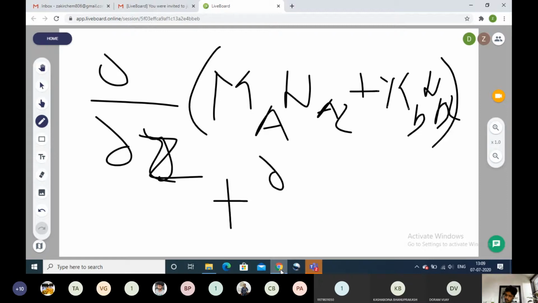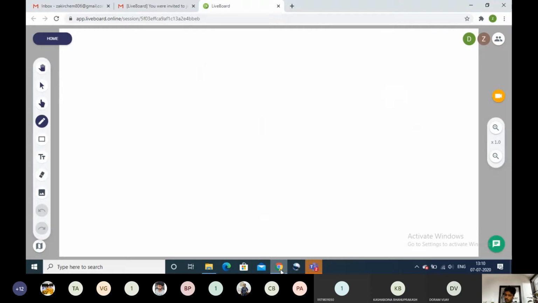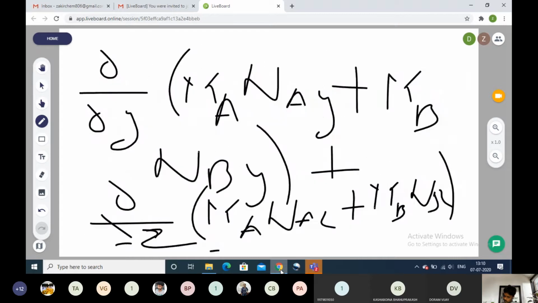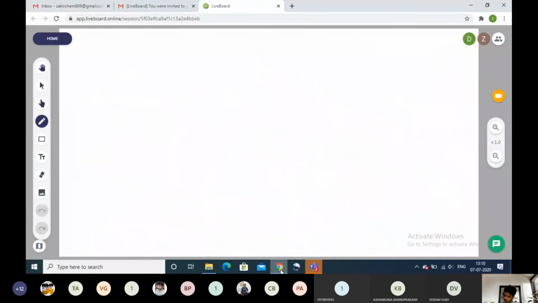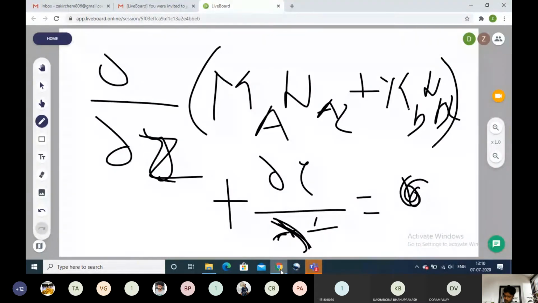So the last term is dou rho by dou t. Rho is nothing but the overall composition, rho A plus rho B. Dou rho by dou t is equal to 0, since we already neglected the chemical reaction. Okay, this is the equation. We have to give it an equation number. I guess this is 15, so we will give it equation number 16, including the previous slide also, with a different color. So this overall equation is equation 16.